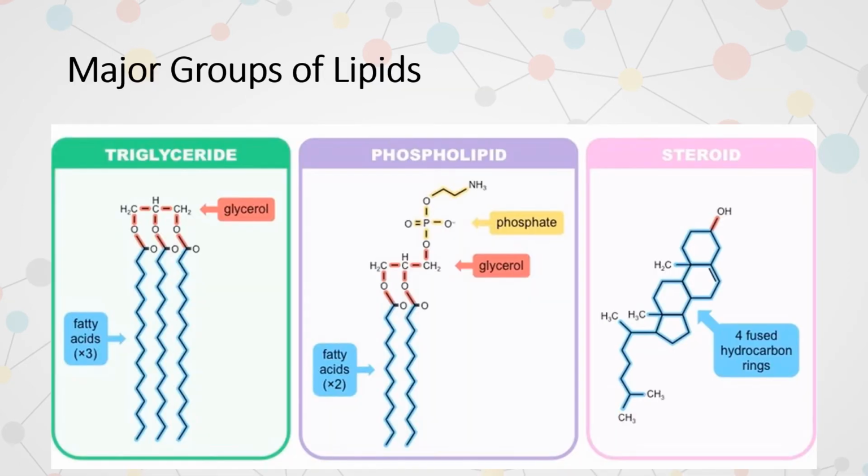These are the three major groups of fats or lipids. We have triglyceride, ito yung unang pinag-usapan natin. It's glycerol head and those fatty acids. We also have phospholipid. Phospholipid is a kind of lipids or fatty acids which is the main structure of the cell membrane. Okay, it is one of the most important compositions of the cell membrane